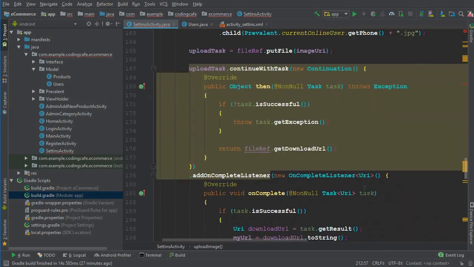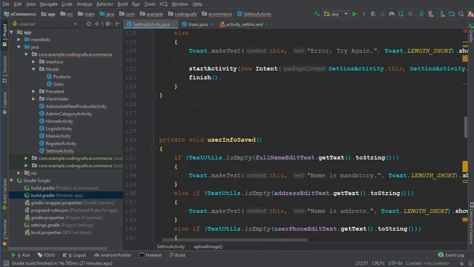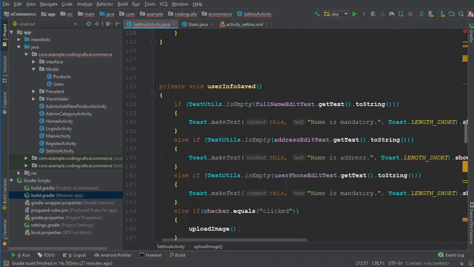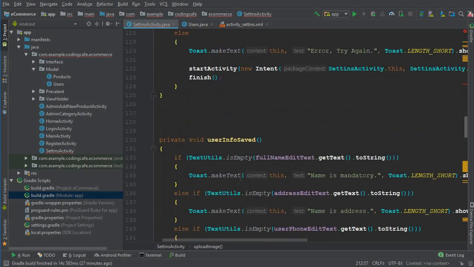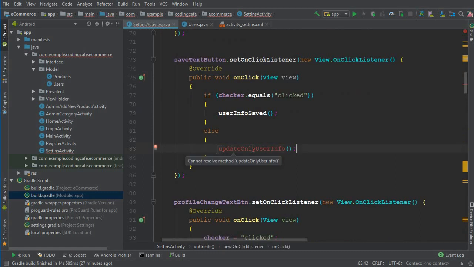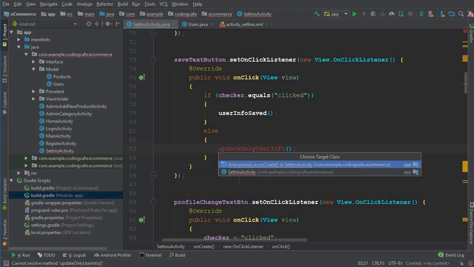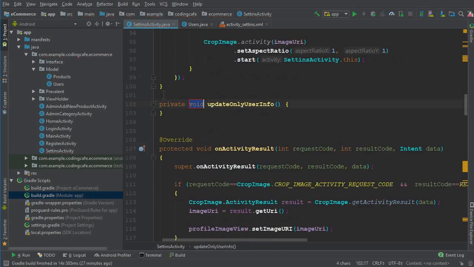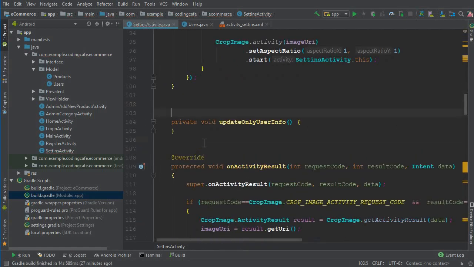So yeah, that's it for this method, which is our user info saved and the upload image, which basically together we have completed. Now the last thing which is left is update only user info. That is, if the profile image is already updated and the user just wants to update the text information, that is address, phone number, etc. So let's create this method first, and inside this method,